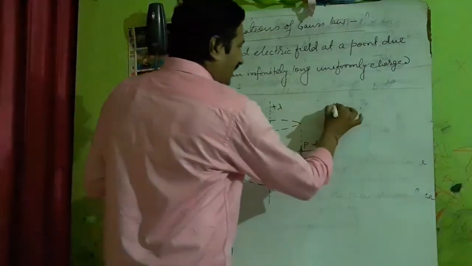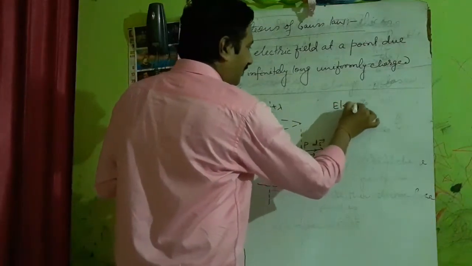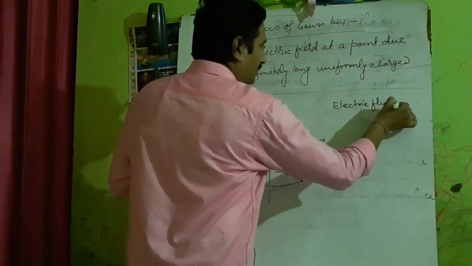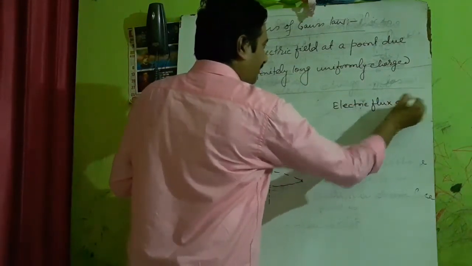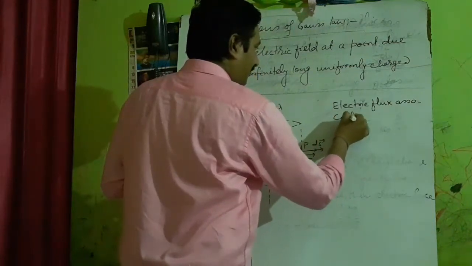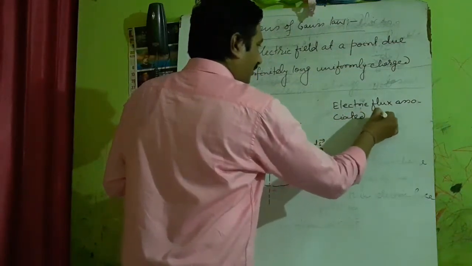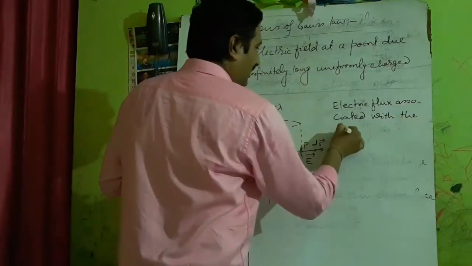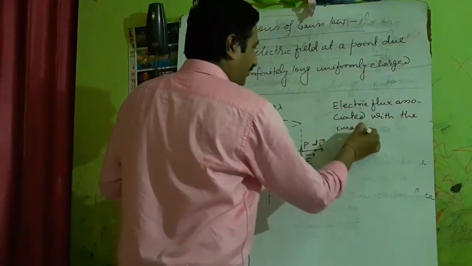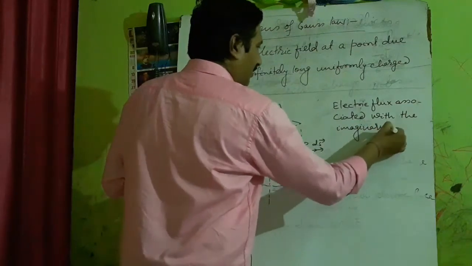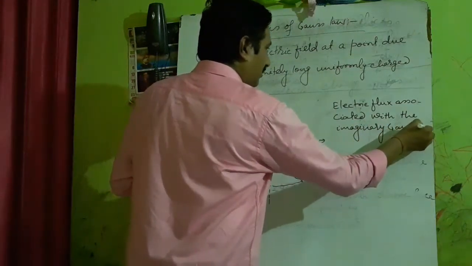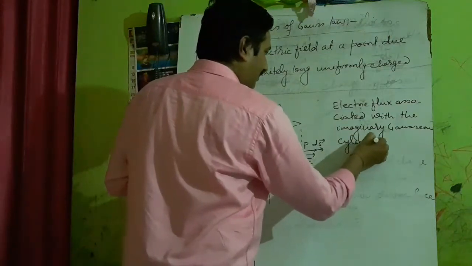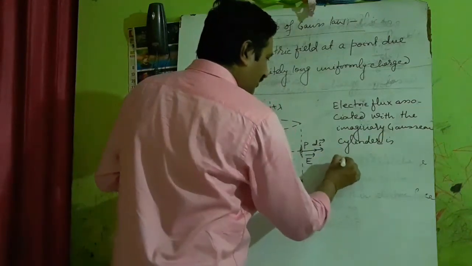So the electric flux associated with the imaginary Gaussian cylinder is, suppose this is phi,